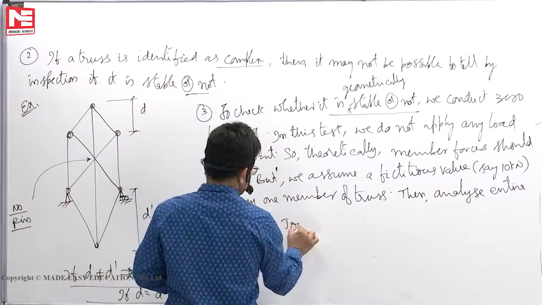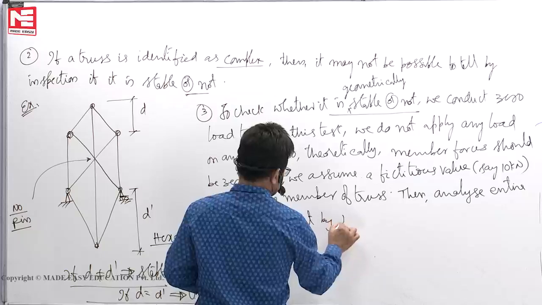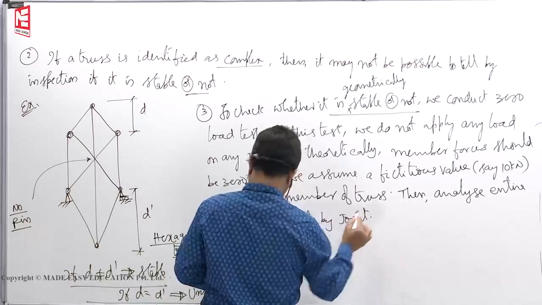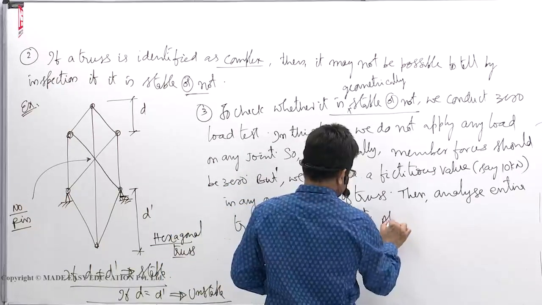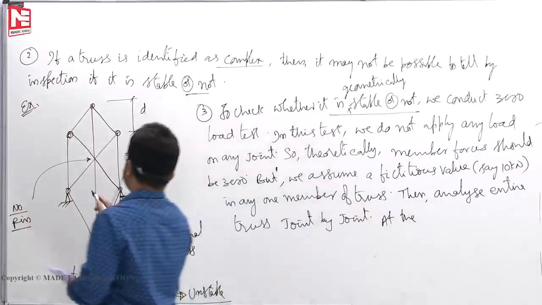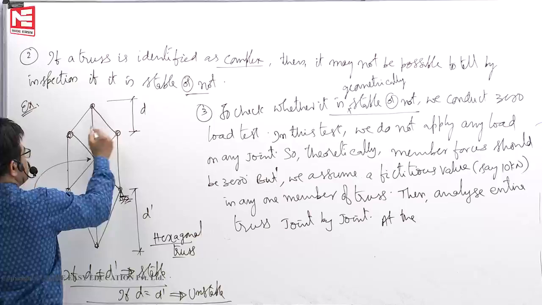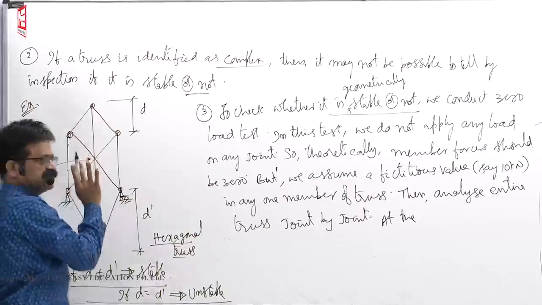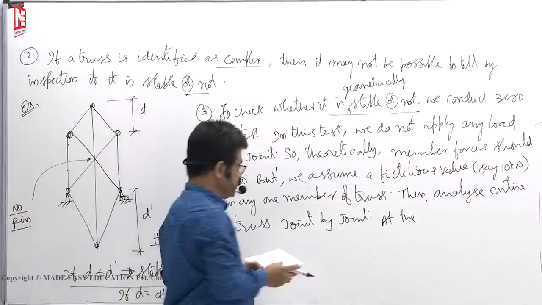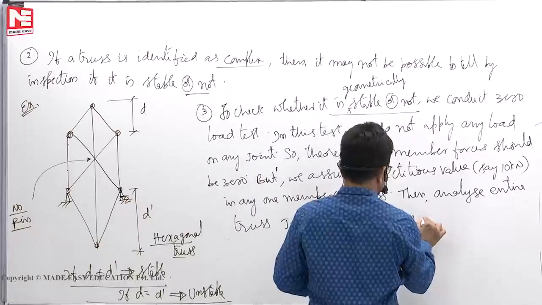Joint by joint. At the end, what will happen? Supposing that this 10 kilonewton you assume, then find these two forces. Find this, come back here again, 10, equilibrium satisfies. So at the end,